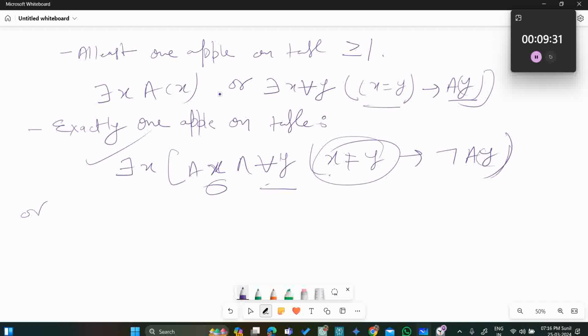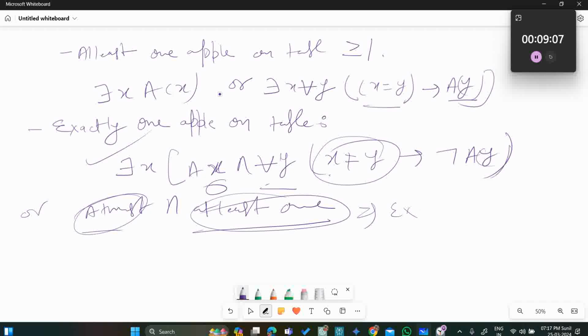Or we can say at most one and at least one, right? At most one and at least one is equal to exactly one, right? So next,